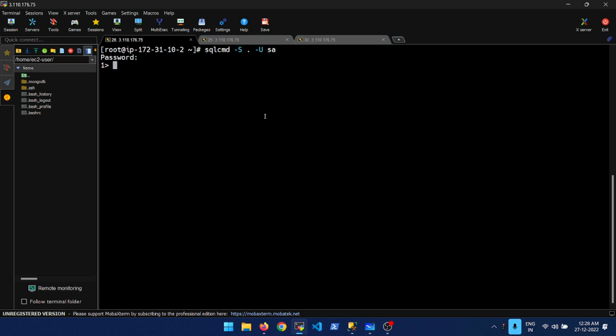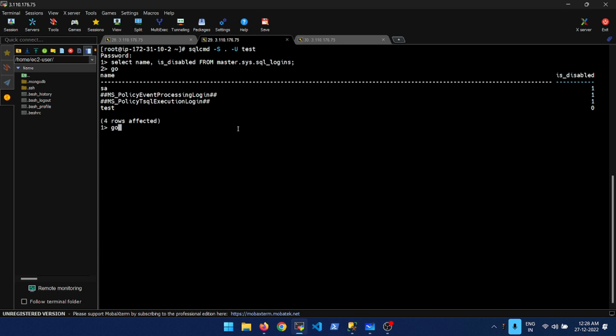After just resetting my password, we are able to log into the SQL instance, which is very strange, because I don't think in Windows it happens like this. But on Linux we just reset the password, and to your surprise,